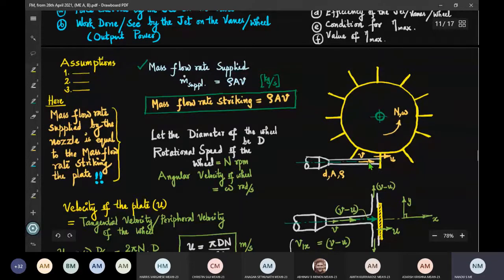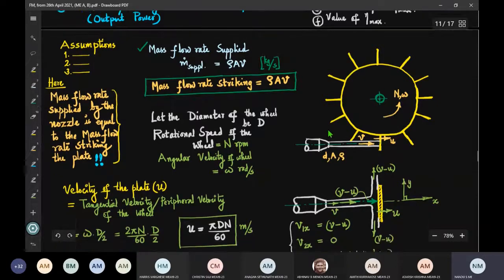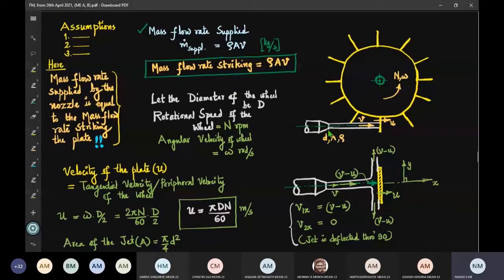So our next important question is, we use a series of curved vanes fitted on the periphery of a wheel. And exactly the principle of hydraulic turbines, this is the same method, the same principle, that is employed for hydraulic turbines. We use a wheel called a runner, and on the wheel we will be mounting a series of vanes, either radially or on the periphery, and different types of vanes are used, optimizing the efficiency. So here you consider the flat vane, the simplest case.